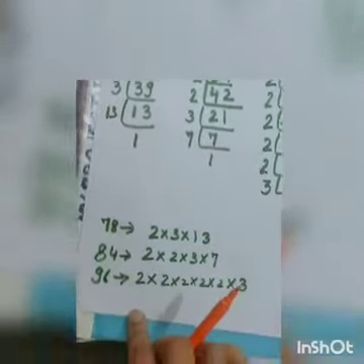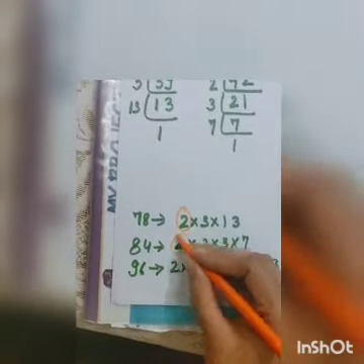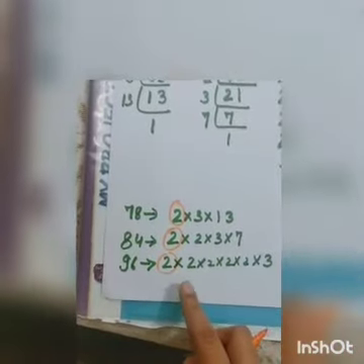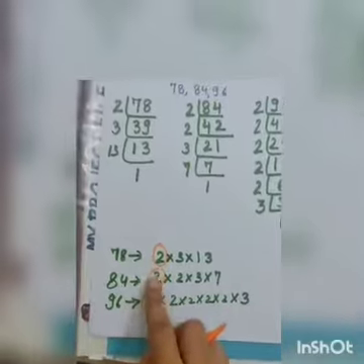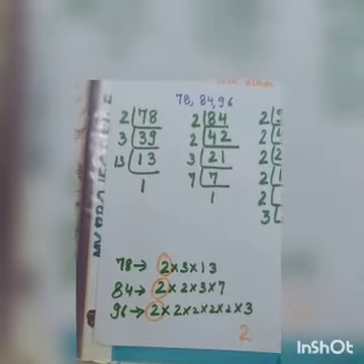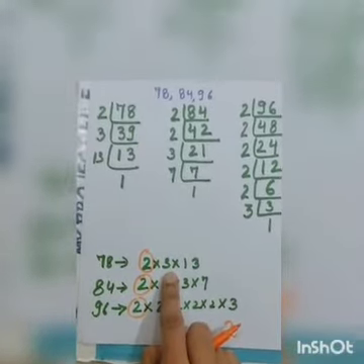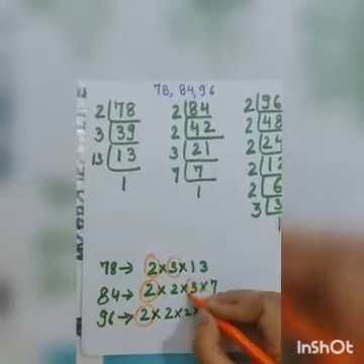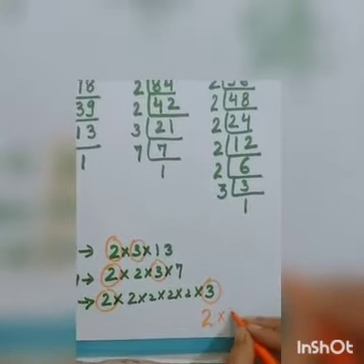Okay, I have 2 here. So 2 is here and 2 also is here. So remember, I need to find the partner in all three. 2 should be present in all three numbers. So I will write here 2. Okay, next I will take 3. Corresponding to this I have taken 3. So 3 is here, 3 is here and 3 is also here. So I will write here 3 one time.